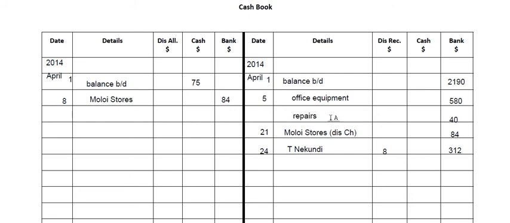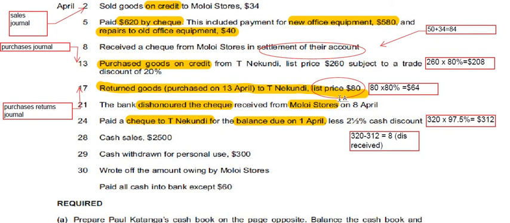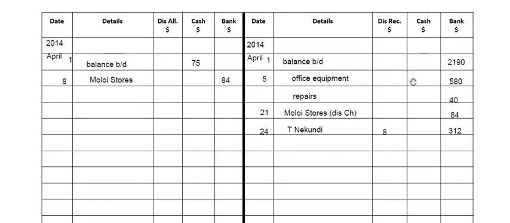So this makes it 320, which you are owing him on 1st of April. Okay, let's go up again and see the next transaction on 28th. It's cash sales, simple transaction. You sold goods, so your cash is increasing, so you're receiving cash. So we'll go to the debit side of the cash book. In the cash column, 2,500. So sales is the details. So you made sales and you got cash,